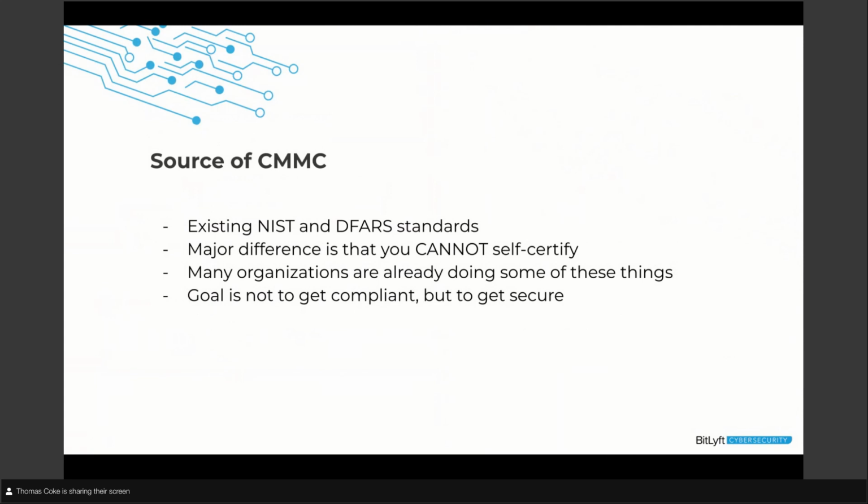And again, to reiterate, your goal here is not just to get compliant with the CMMC, but to be secure and say, hey, because I'm secure, I can show you and prove to you how I'm compliant with the CMMC. We deal a lot with other high compliance industries, and people always come to us and say, I want to meet this specific requirement. That's really the wrong way to look at that. If you're really a cybersecurity mature organization, you've got plans in place and practices in place, you're using the right tools, you're doing the right things, you have your employees trained on the right things, and have a culture of security that makes you secure.